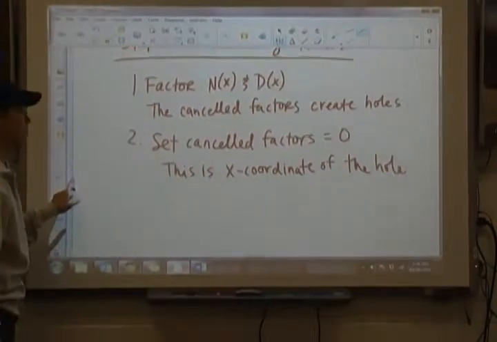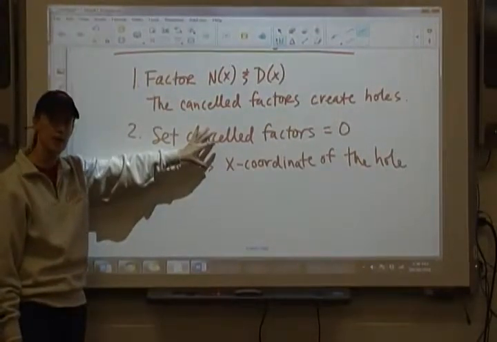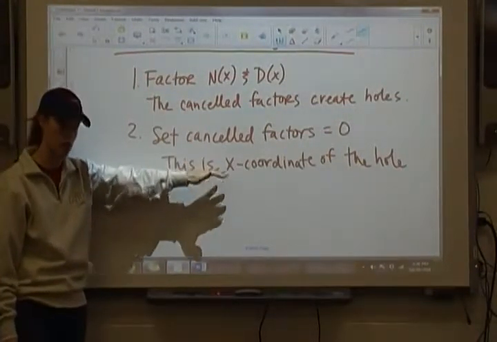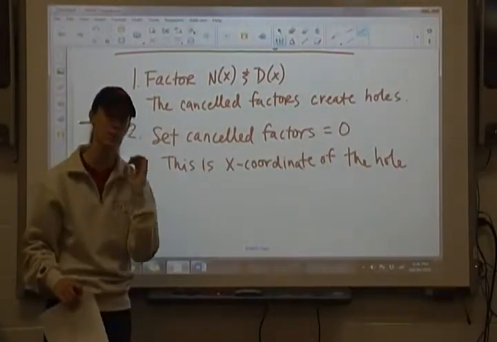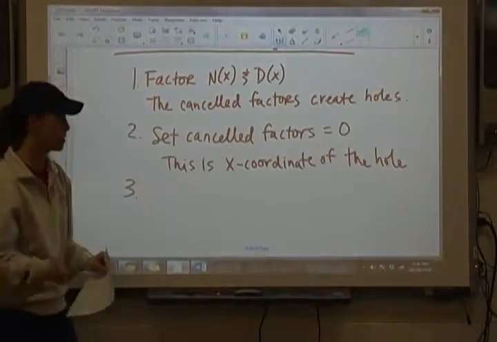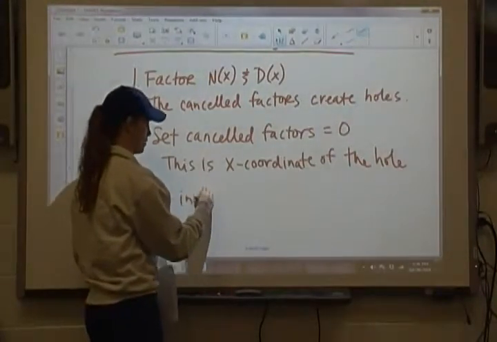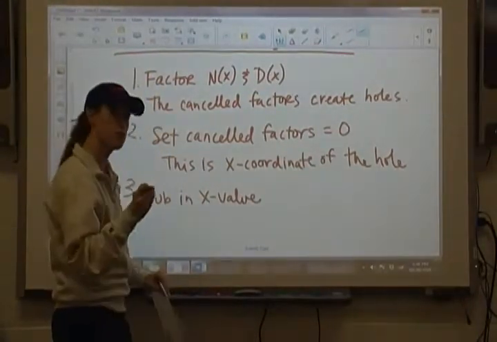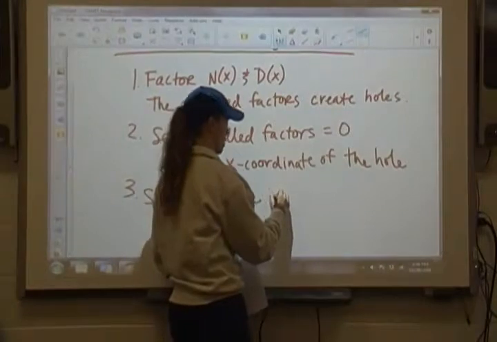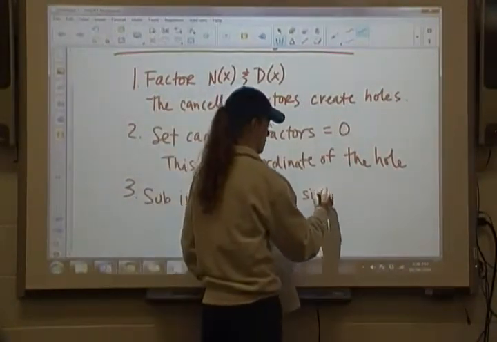So we've got 2 steps so far. We're going to factor anything that cancels creates a hole, and then you set that canceled factor equal to 0 to solve for the x coordinate. Then you need that y value because a hole is a point. And so you're going to substitute that x value that you found into the simplified version of the equation. So after you've canceled,